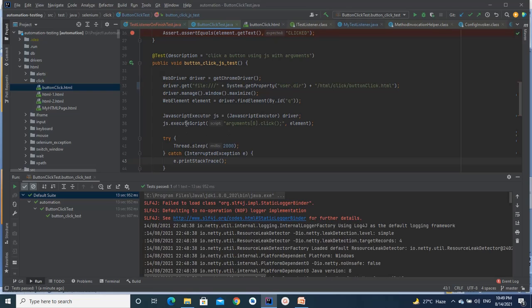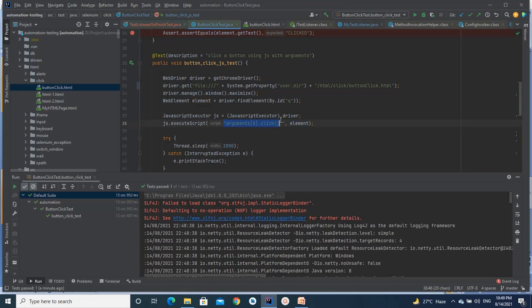So here, as we know, driver needs to be typecasted into the JavaScript executor interface, and then I'm calling the method executeScript. By syntax, we can have arguments to this method.